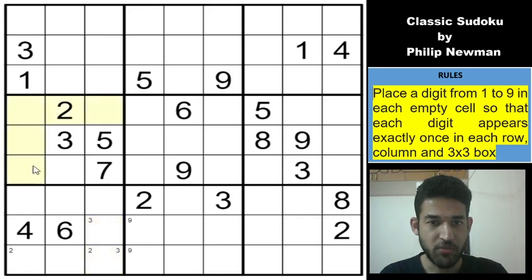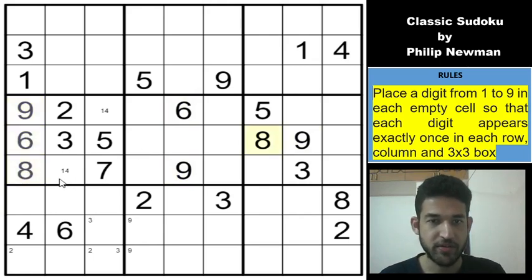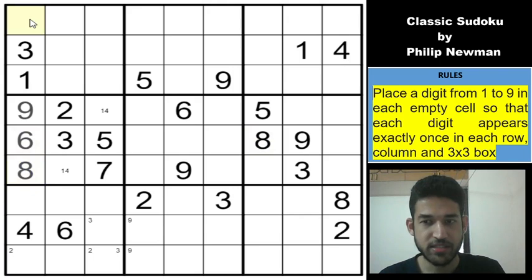So if you look at this box, 2, 3, 5, 7 are the givens and you have 1 and 4 in column 1, which means that 1, 4 in box 4 can be locked into 2 cells. These are the 2 cells because they can't be here. And now if you look at these 3 cells, 6, 8 and 9 are the remaining digits. 9 cannot be in rows 5 and 6, so 9 goes here and 8 goes here and 6 goes here because of the 8 here. So we can fill in the remaining digits in column 1, 2, 5, 7, 5 and 7 and 2, 5 and 7.